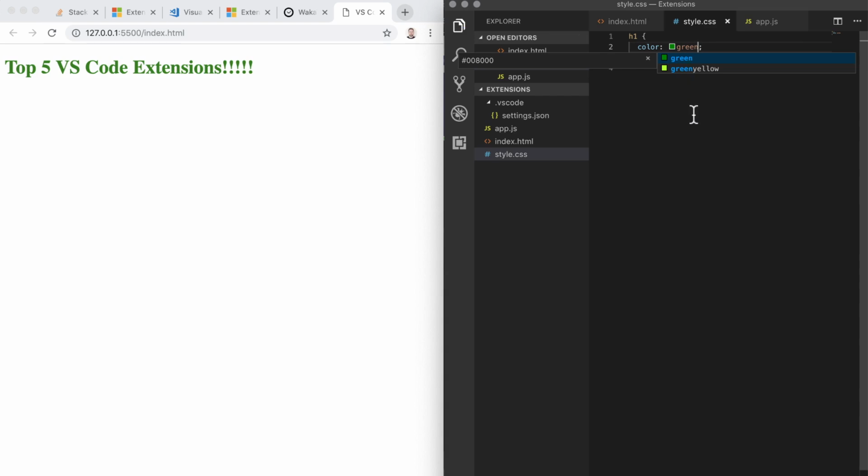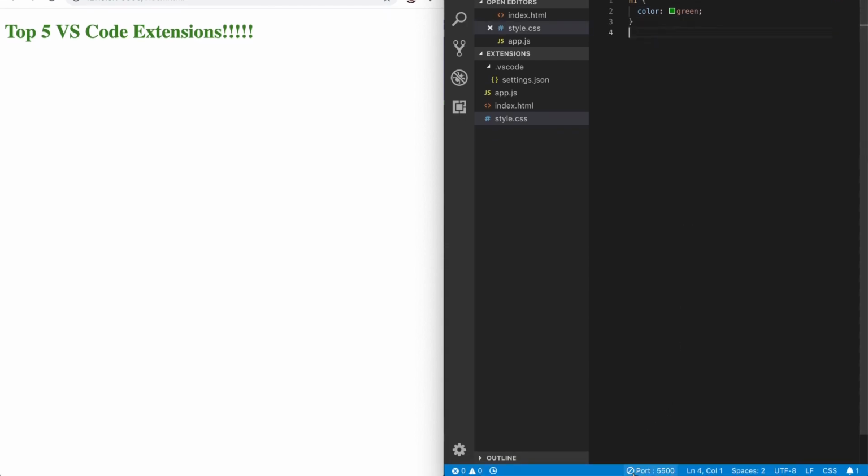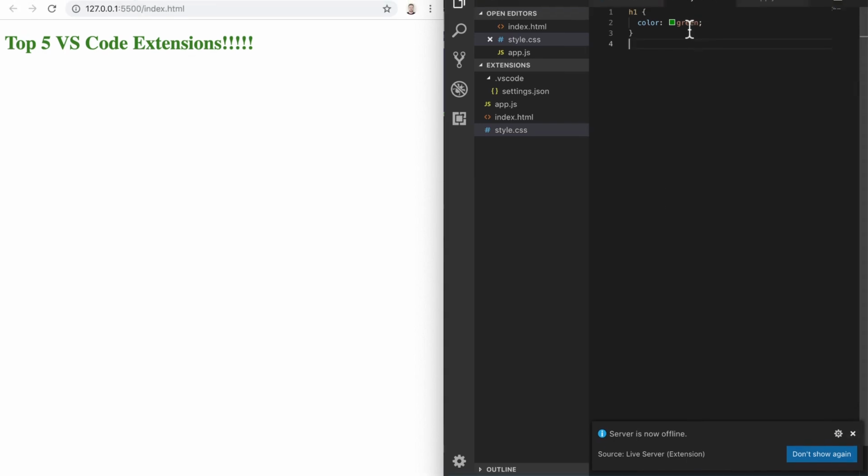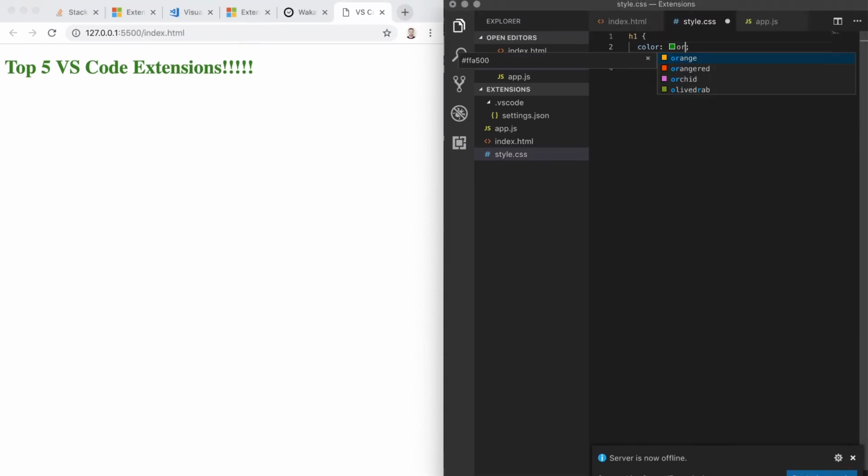I can stop the server at any time by coming to the bottom of the editor and clicking this stop symbol. Once stopped, any changes I implement will not be automatically reloaded in the browser. So if I click to stop the server now, we see it goes offline. Now if I change the color of the H1 to orange,